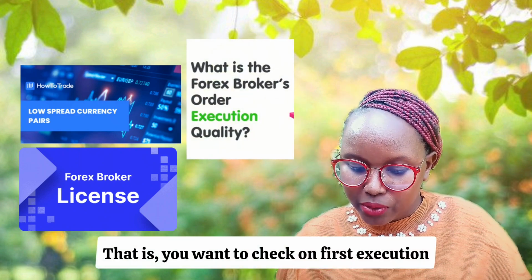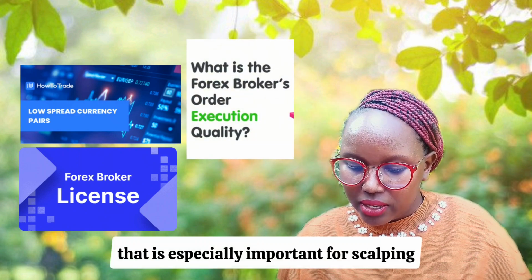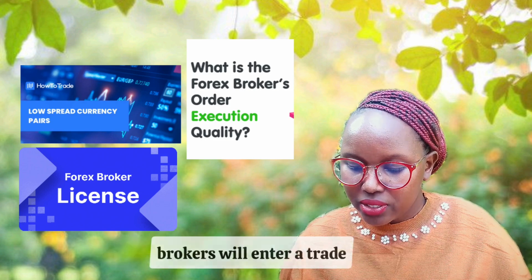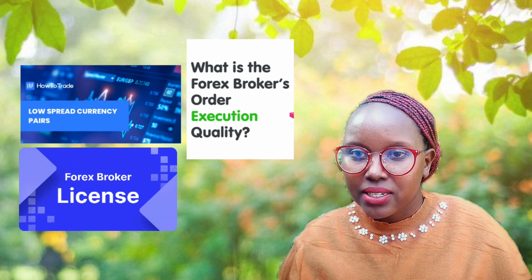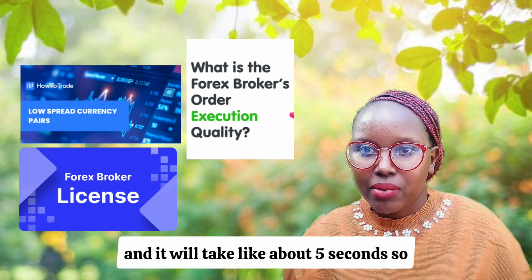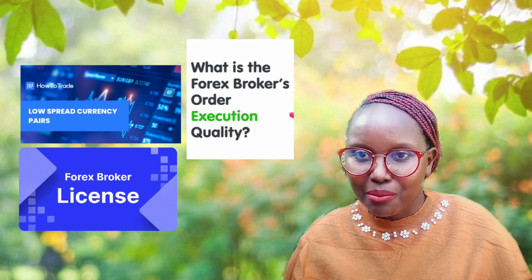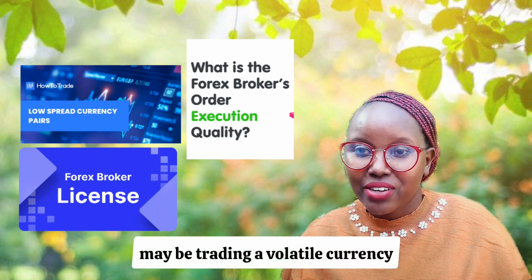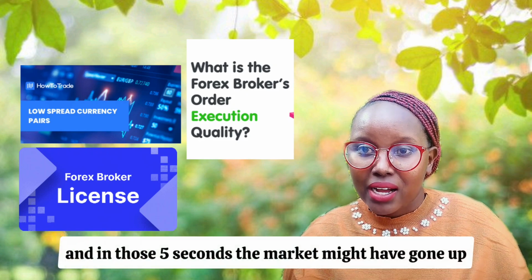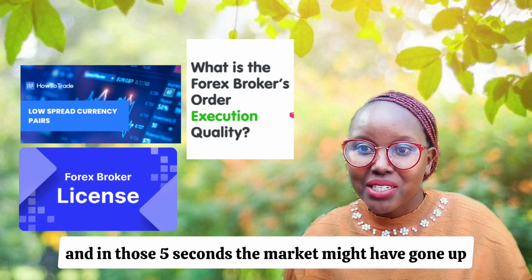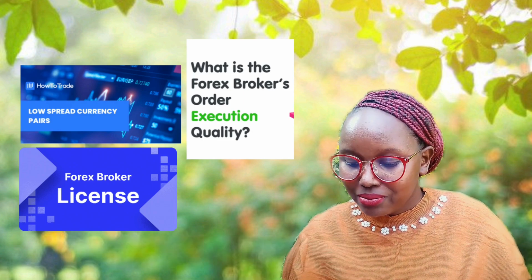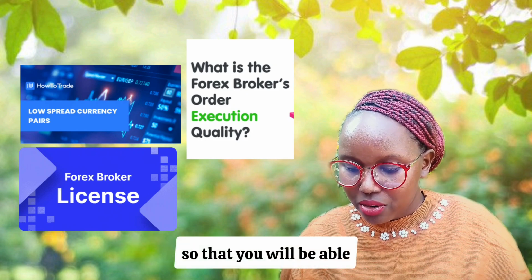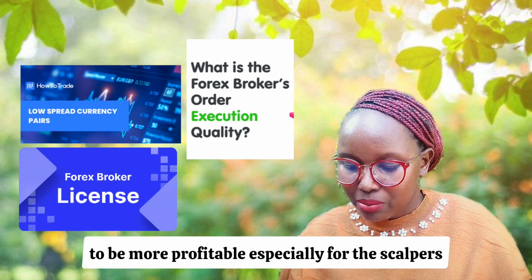Number three, you want to check on fast execution. That is especially important for scalping. How fast is their execution? Some brokers will enter a trade and it will take about 5 seconds to execute your command. And by then the market might be trading a volatile currency, and in those 5 seconds the market might have gone up and even come down. So check on how fast the execution is, so that you'll be more profitable,